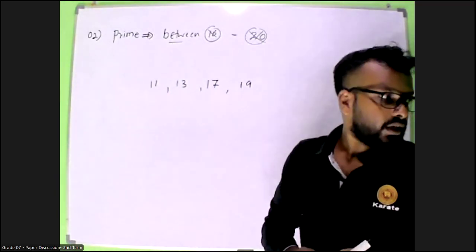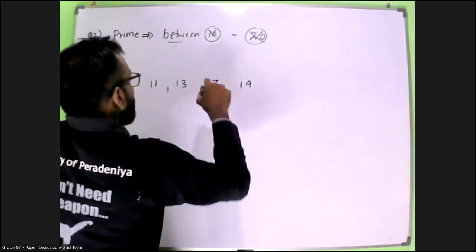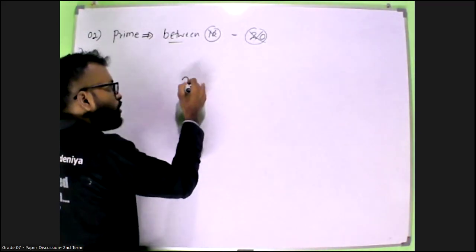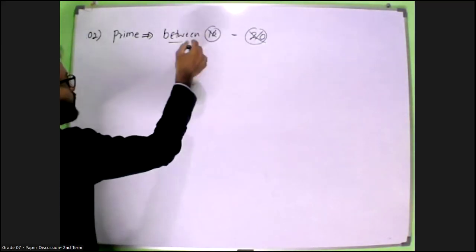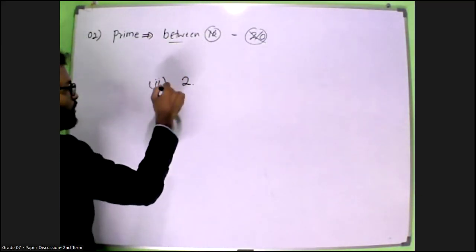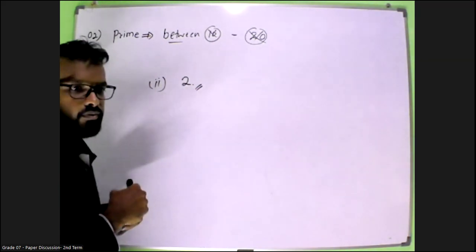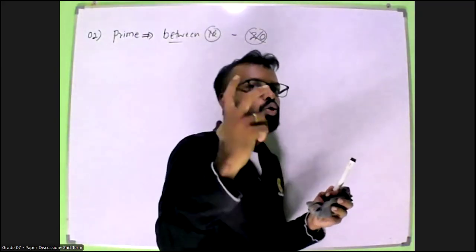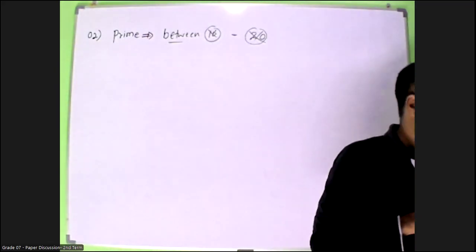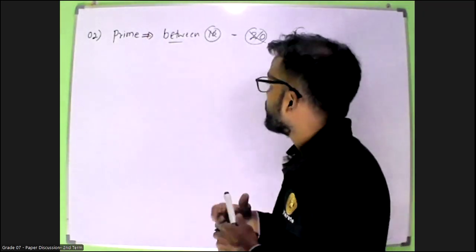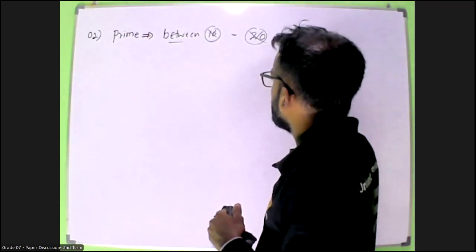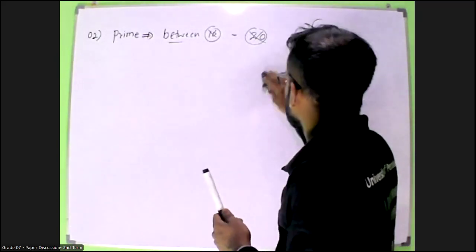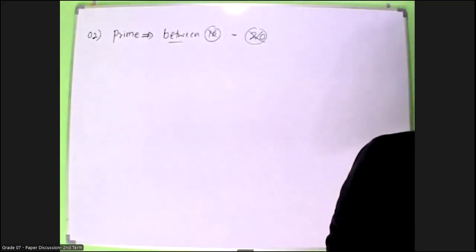But here it is a separate question, not relevant to this. So the smallest prime number would be 2. So this is the second answer. Each and every question has 2 marks allocated, and for this one there are 2 parts, each having 1 mark. The previous one had 2 marks itself. So let's move to the